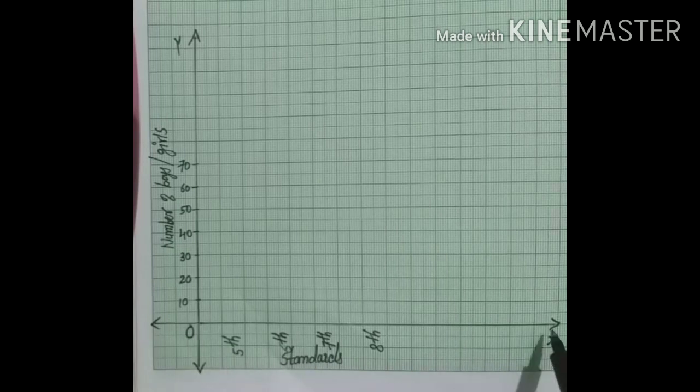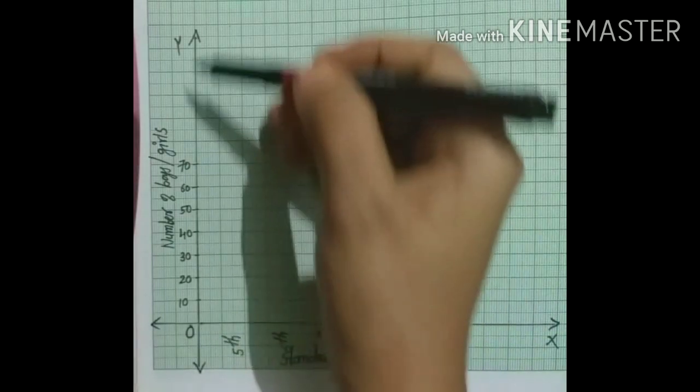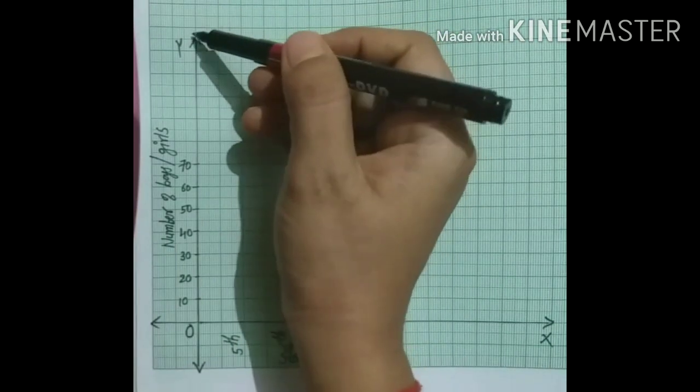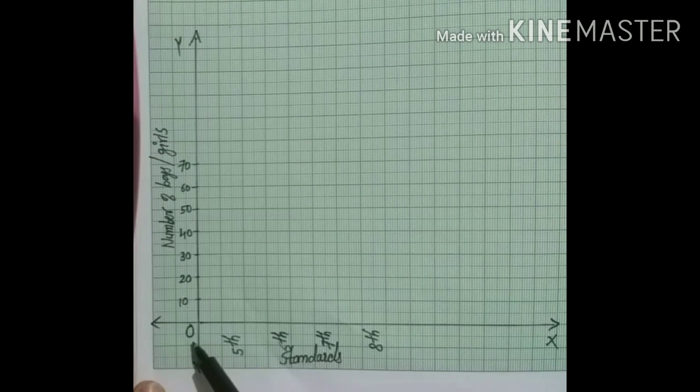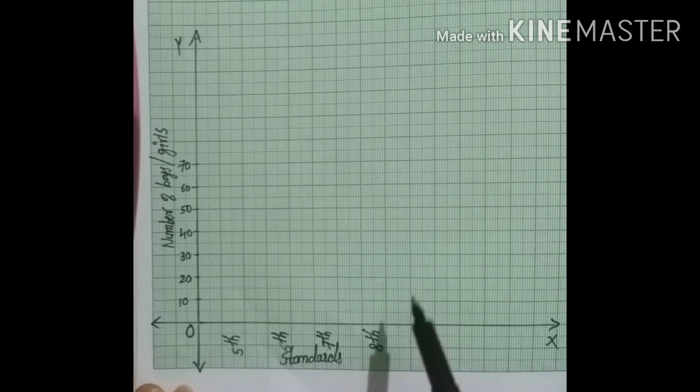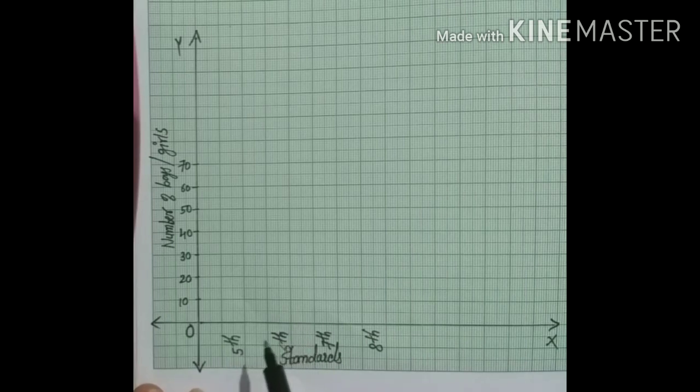This horizontal line is children x axis and this vertical line is a y axis. Okay children, and here is the origin. Okay, for drawing this graph children, you have to use pencil. Okay, and neat and clean children. Overwriting is not allowed on the graph paper children. Okay, now here